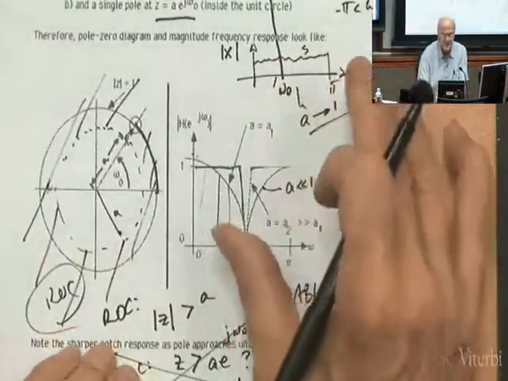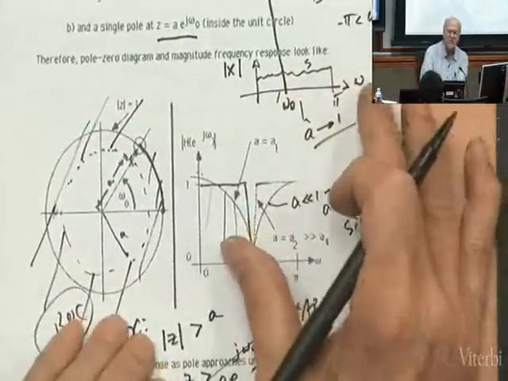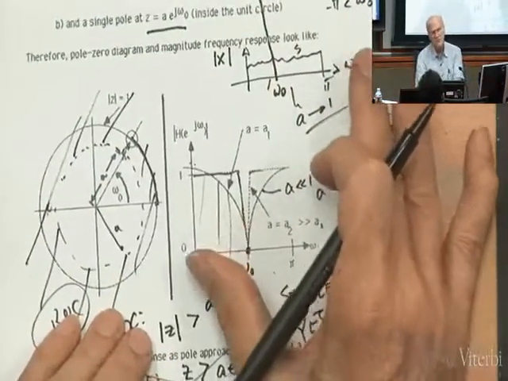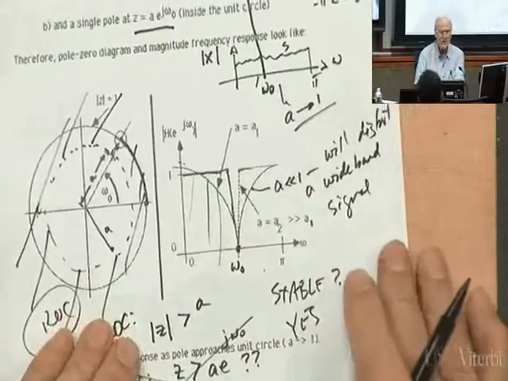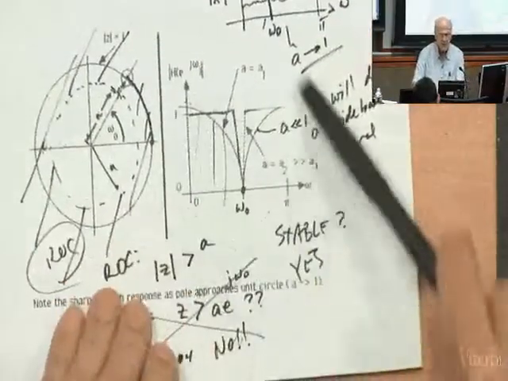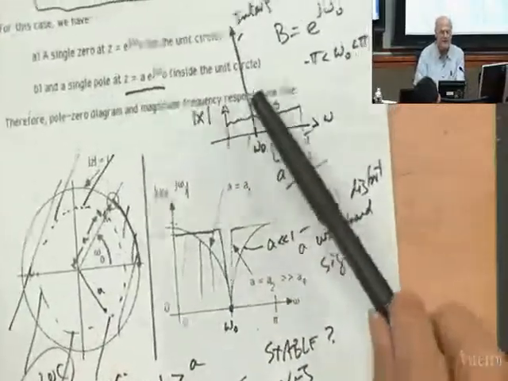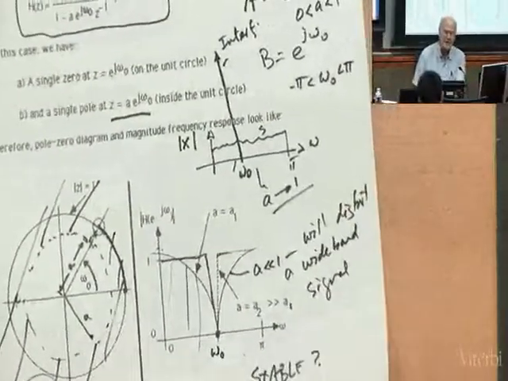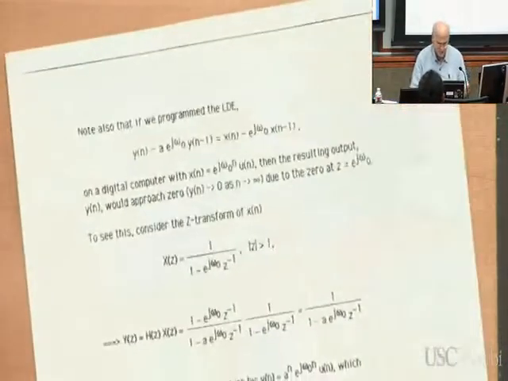Okay, so this is like 50%, 70% of the story. There's another part to this story, and this is all frequency domain. Now let's take the frequency domain and go back to the time domain and see what the impulse response of this thing looks like. So if you look at the second page of this,